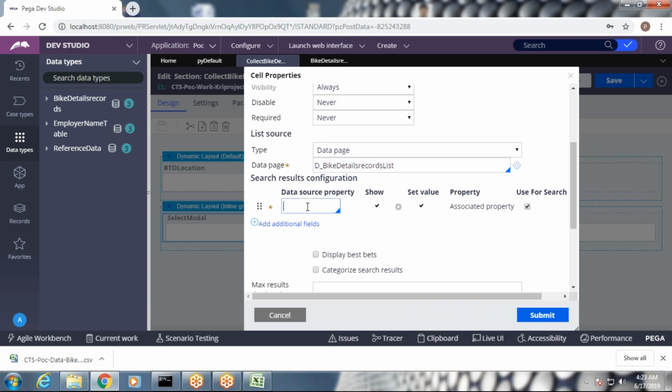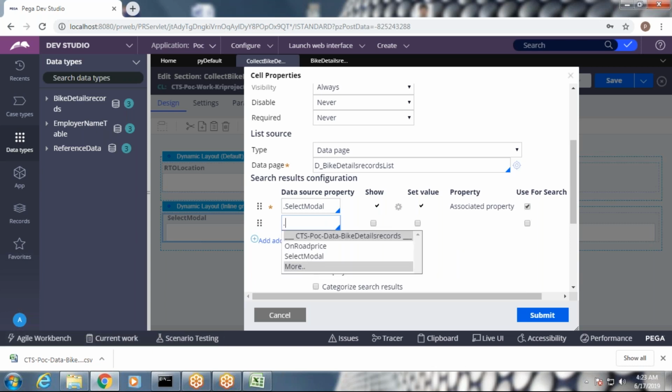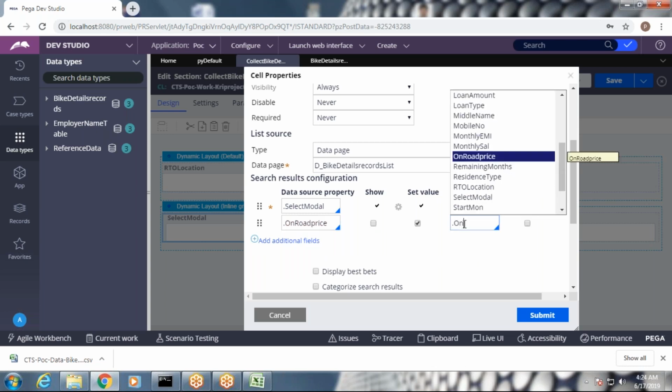Think and tell me, is this concept already done? Yeah, the model, right? Very good. Select. And we have to give, that's it? Anything we have to give? But this property you want to link with the on-road price also, right? Got it. How to do that? Give it as dot on-road price also. If you are not giving that, the on-road price is not displaying now. You got it, right? So just set the value property dot on-road price.